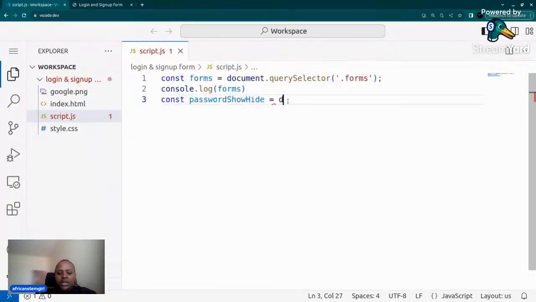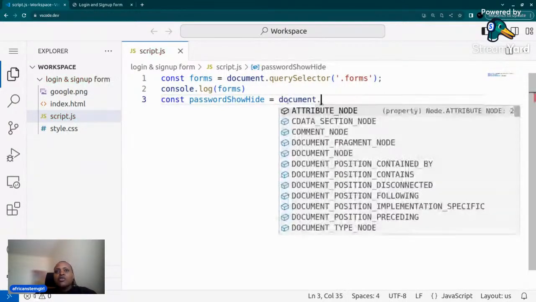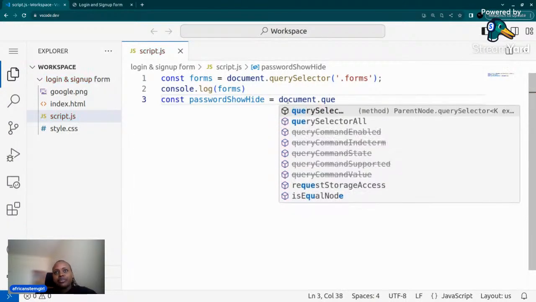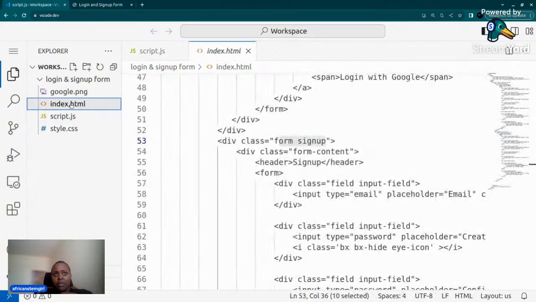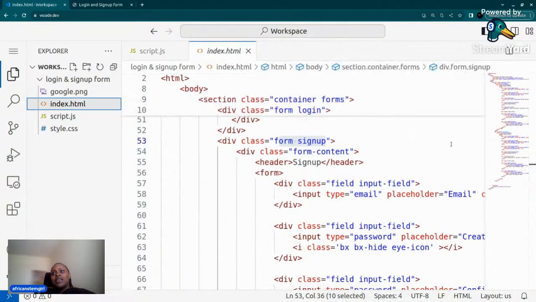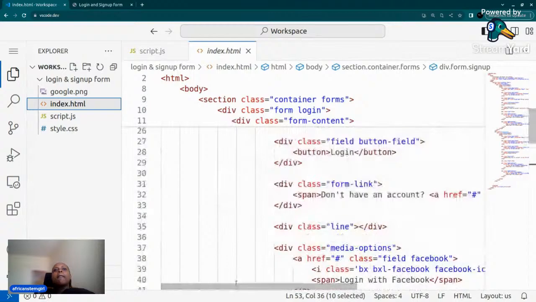I'll say document. So remember, this refers to the HTML document. Query selector, but if you have more than one element which has that class name, you can say query selector all. Remember, in my HTML, how many elements? We had so many things that had that icon. We can see,